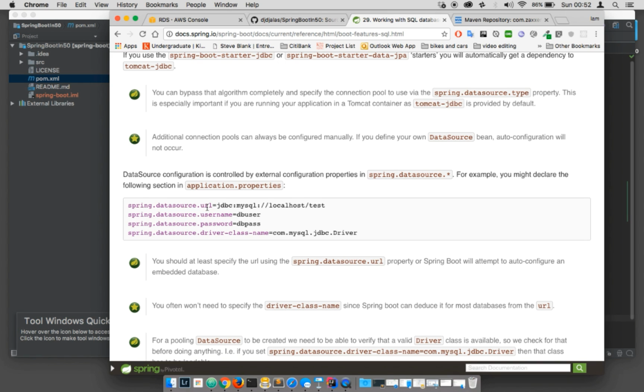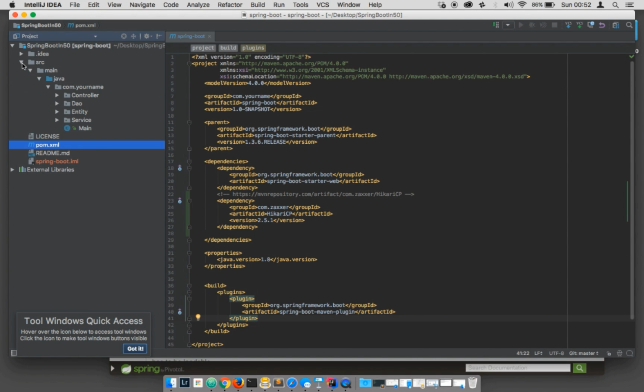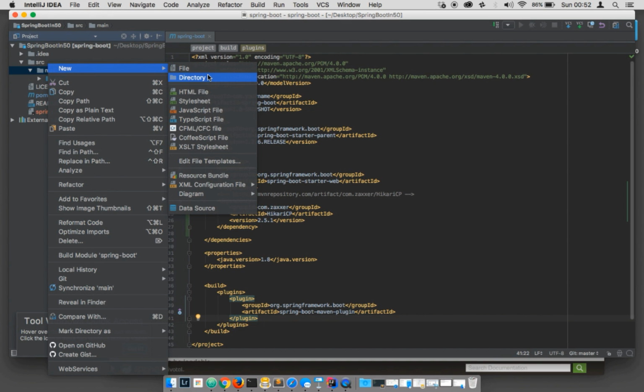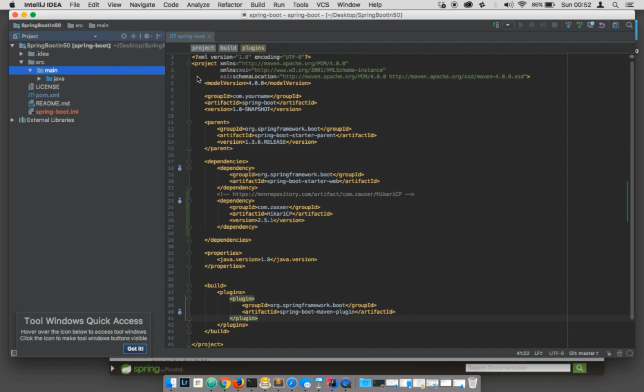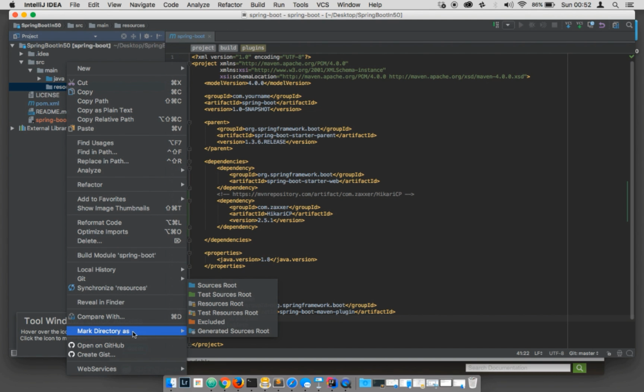So you see that we have URL, password, and username, and you know the class name and whatnot. So let's go ahead and open up source, and then under source we have main, and then we have Java, but we also have resources. So go ahead and create a new directory and then call this resources, enter, and then right click on that folder and mark as